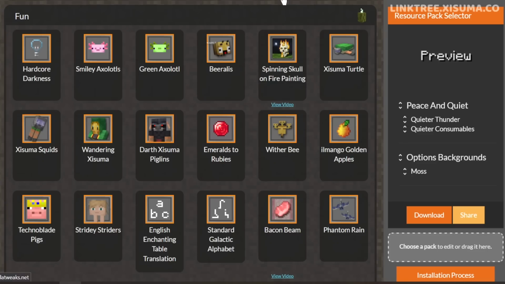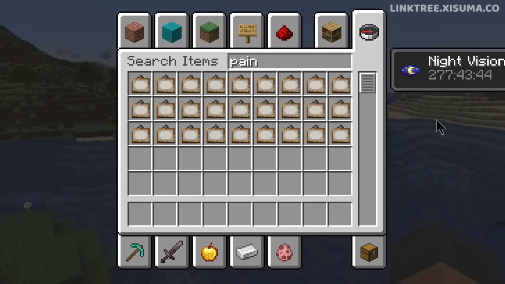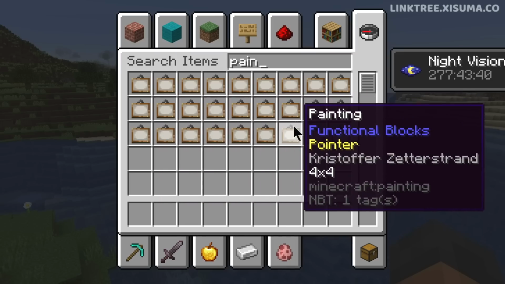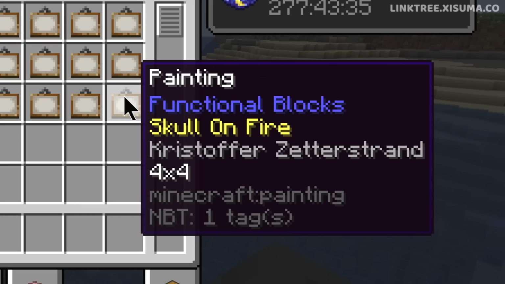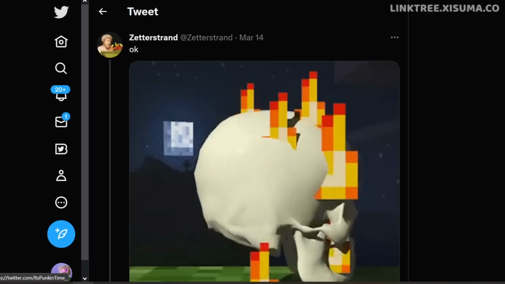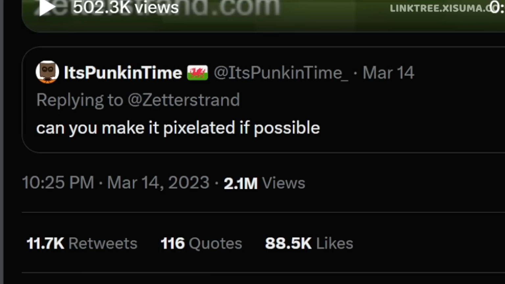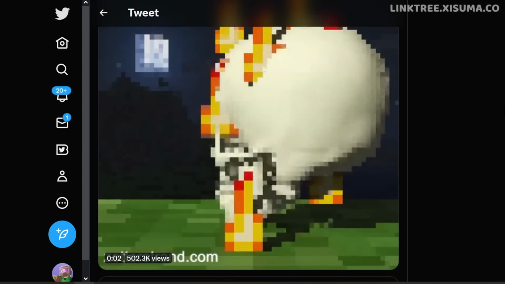This next one you saw at the beginning of the video, and it's in the fun section. It is the spinning skull on fire painting. Now in 1.19.4, when you search for the paintings, it gives you all of them separately, and you can see that the artist here, the creator of the skull on fire, is Christopher Zetterstrand. It all started with this tweet from Zetterstrand of the skull spinning around the pixel flames, and then Punkin Time requested to pixelate the skull in this image, which Zetterstrand kindly agreed to do,